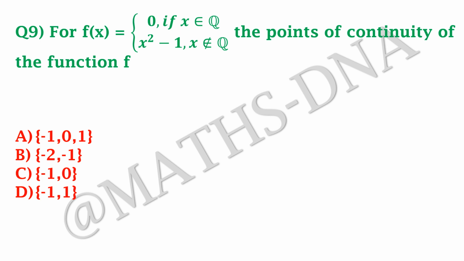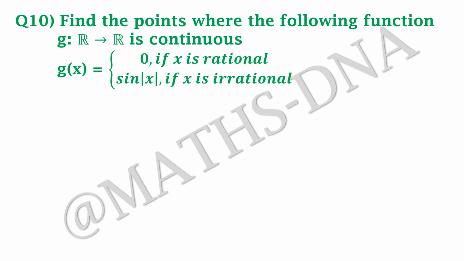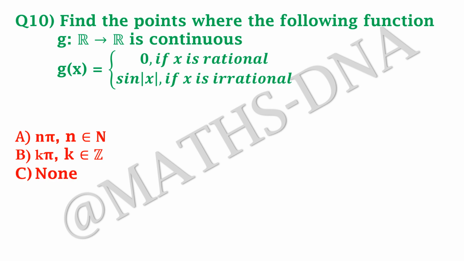So I have one more question on this topic, that is the 10th. Find the points where the following function g from R to R is continuous. The g(x) is given as 0 if x is rational and sin mod x if x is irrational. And the options are A. n pi, where n belongs to the set of natural numbers, B. k pi, where k belongs to the set of integers, and